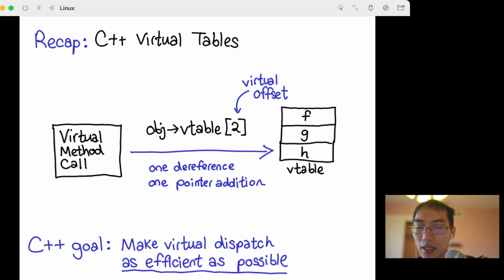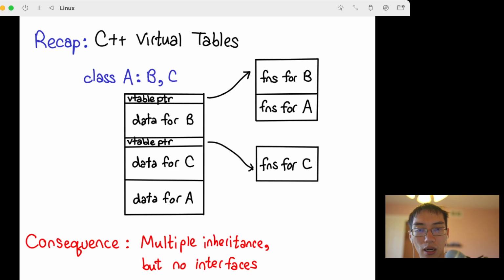There's a comment in the chat, which is, could you say it's trading runtime lookup for compile time lookup? Let me think. Well, there is some amount of compile time lookup going on, but I'm not sure I would say that necessarily. What's more going on is, in order for C++ virtual tables to do minimal effort at runtime, C++ had to make UX decisions. It had to change the semantics. Well, I guess it was defining the semantics. It had to define the semantics of its language in such a way so that the runtime behavior could work this way. And so, for example,